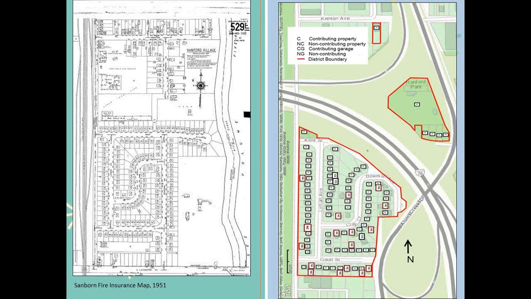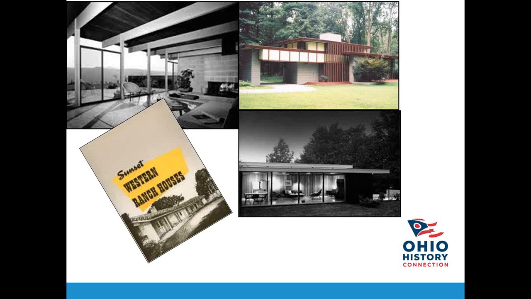And when you get off at 70, if you're heading towards Main Street and Bexley, now you know what those four little Cape Cod houses are. It's the other portion of Hanford Village. So moving on to the ranch house,